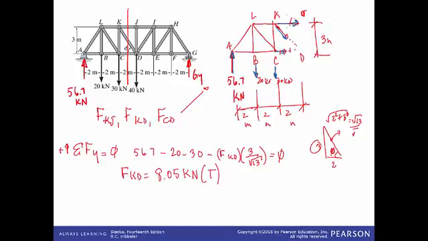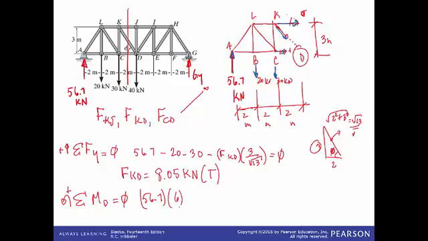Okay, so then I look at the moments. That way, if I sum the moments at point D, I can solve for the force KJ. So sum of the moments at point D equals 0. So I have 56.7 kilonewtons times